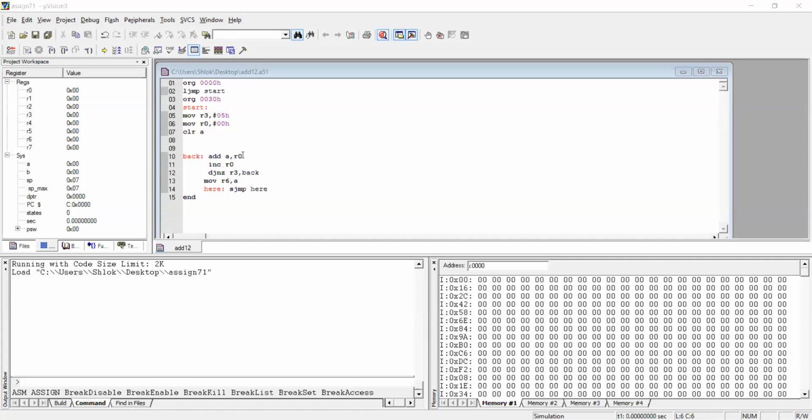Now, we are doing add, so the accumulator is required. One value is present in R0 with the memory location called 00. Then we are incrementing this R0. Are you with me? So here we are incrementing R0 and doing decrement jump if not 0 with R3. R3 is used just as a counter. So we are just checking the R3 value again and again. It's monitoring, just keeping track of 5 values, from 00 location to 01, 02, 03, 04, like this, and then we are moving the final result into the R6 register. This is the smallest code for your assignment number 7.